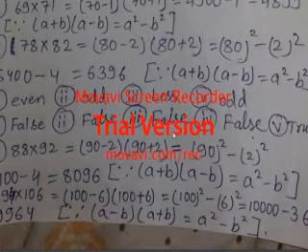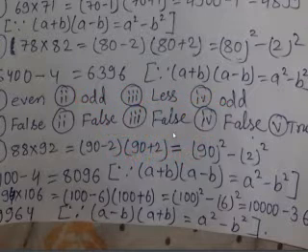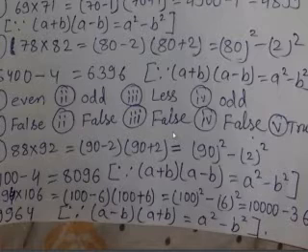Question number 4. The difference of two perfect squares is a perfect square. Now here it is saying that when we subtract two perfect squares, it is coming a perfect square. That is also wrong. Same example you see. 3 square is 9 and 2 square is 4. 9 minus 4 is 5. That is not a perfect square.